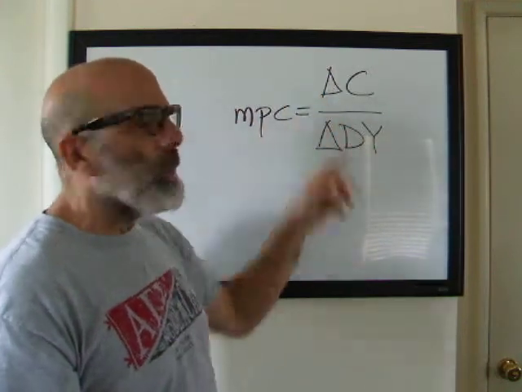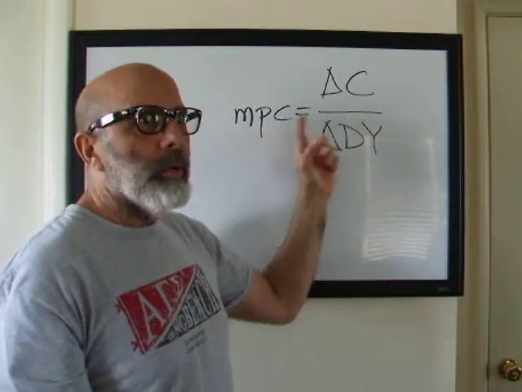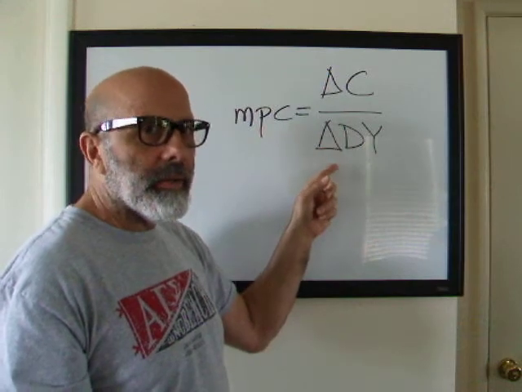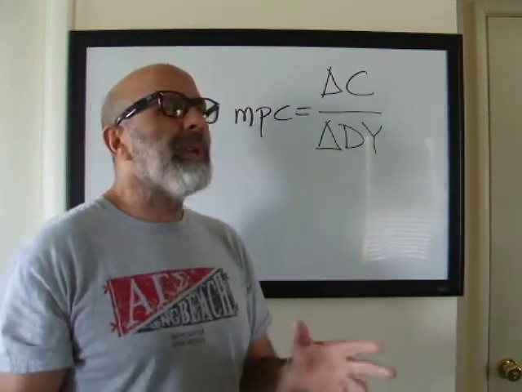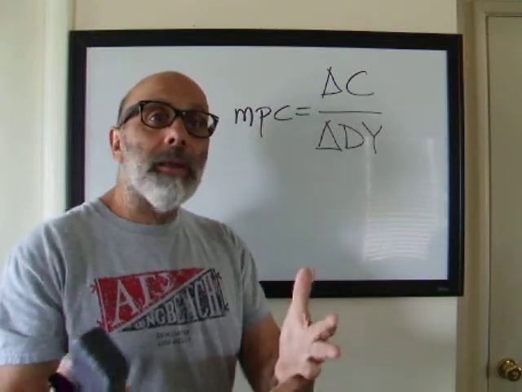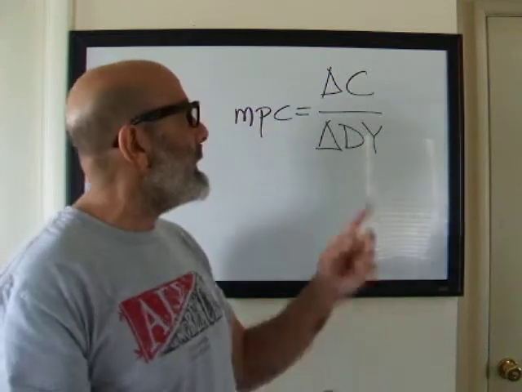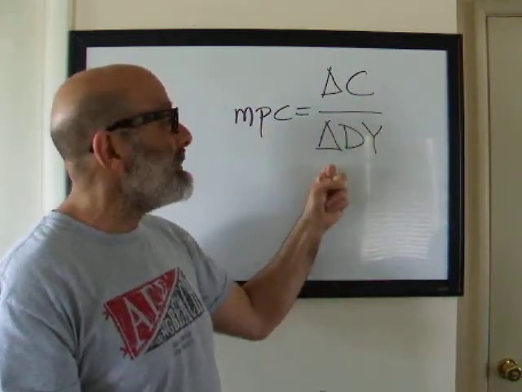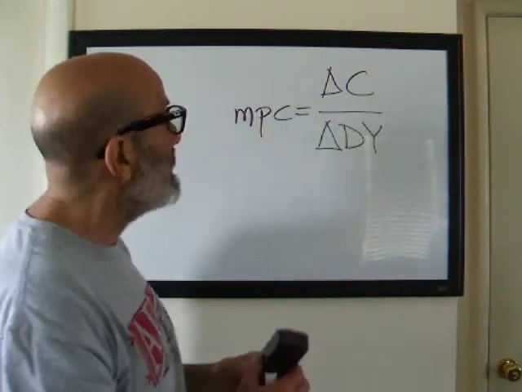So this is going to be a ratio, and there's a couple of important assumptions. In the short run, we can never consume more than we get in disposable income. I know that we can use credit cards and stuff like that, and that's really an argument for another time, but over a long time horizon, we'd have to pay the credit card back, so we can never have our consumption be more than our disposable income. It means that the bottom piece, the denominator, is always going to be bigger than the top piece, the numerator.